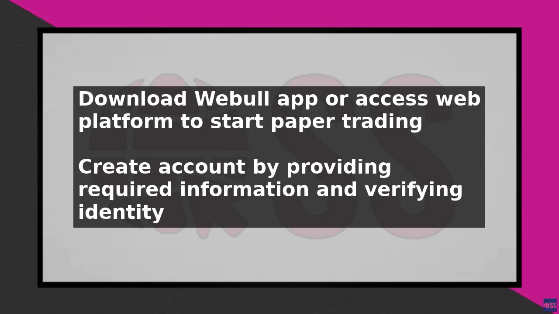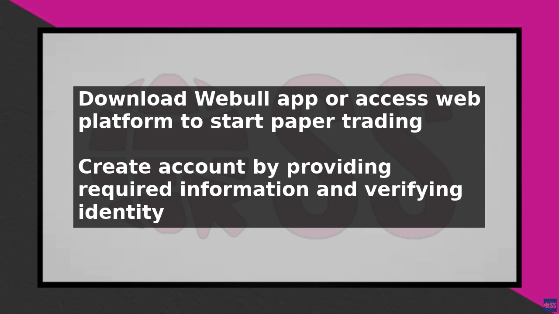To begin paper trading in Webull, you first need to download and install the Webull app on your mobile device or access it through the web platform. Once you have the app, create an account by providing the required information and verifying your identity. After setting up your account, navigate to the paper trading section, which is usually found in the menu or under